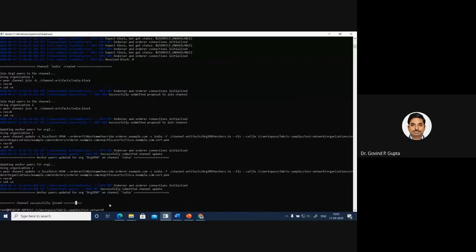So I just want to see how many channels exist. So simply write the docker exec command, then your peer name. I'm going to show the first one, peer0.org1.example.com peer channel list.